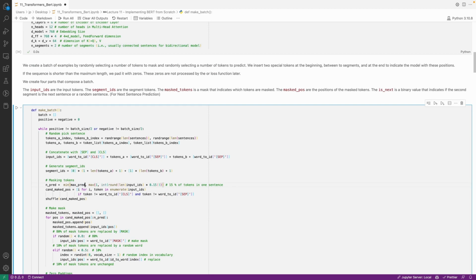So we would take this here. It's the minimum, it would be only 1. But in case we have 200 tokens, this will be larger than 5, and we take the 5 because that's the maximum we want to predict. And then the candidate mask